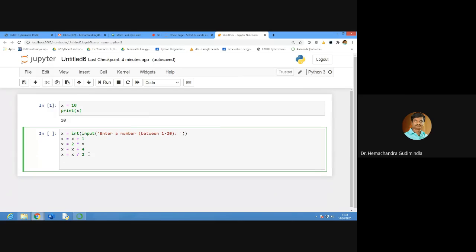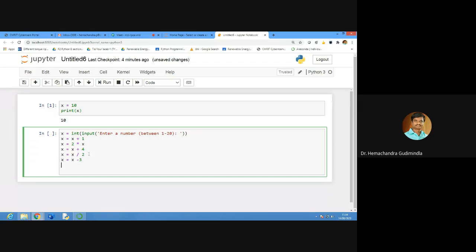So, the first number you chose is 15. Yes, sir. Is it correct? Yes, sir. So what I did is, whatever the answer I got, x is equal to x minus 3. Okay, why I got it like that? Anyway, I will tell.